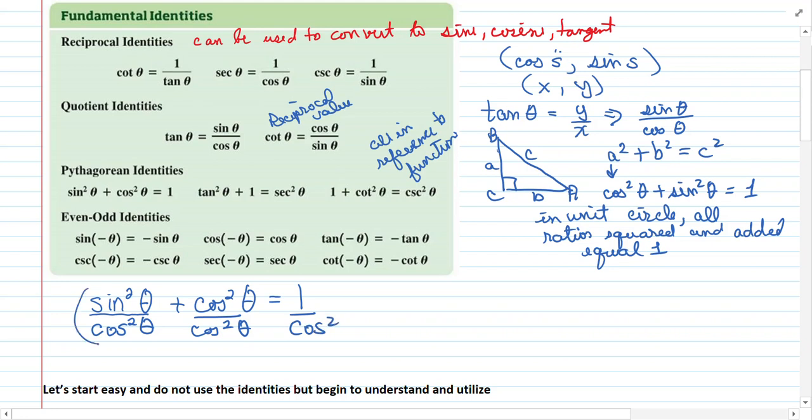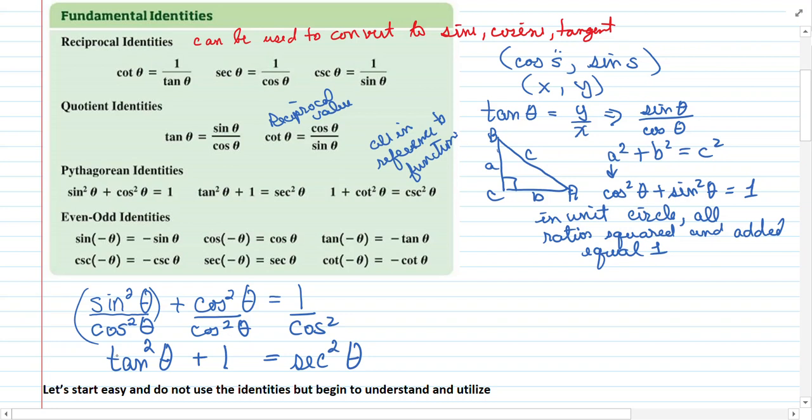If I do this, well, this is what? Tan squared theta. This is 1 equals, and the reciprocal of cosine squared, 1 over cosine squared, is secant squared